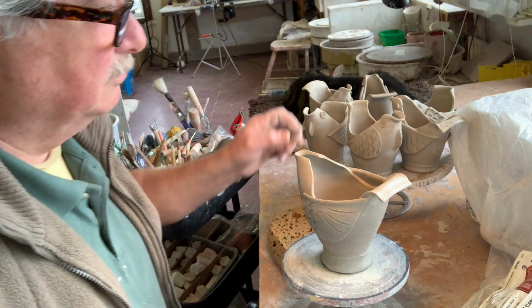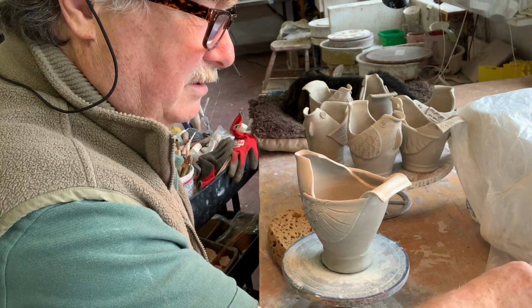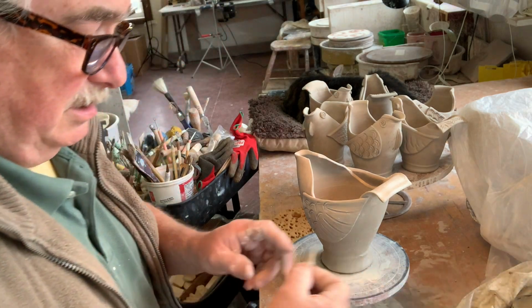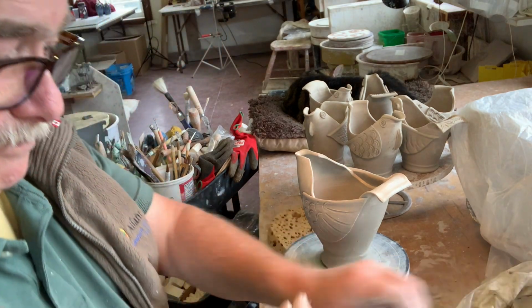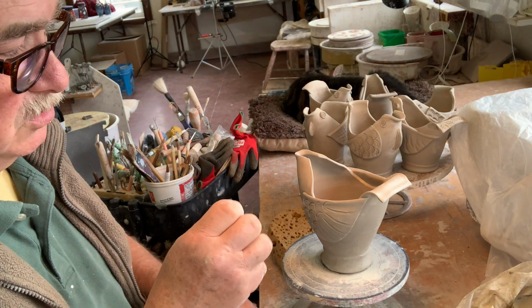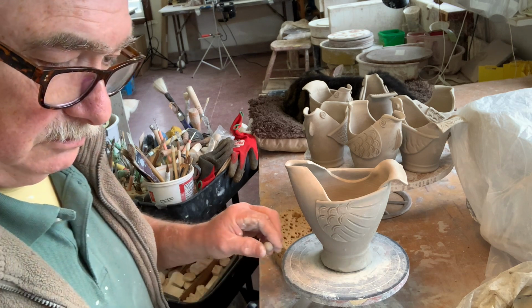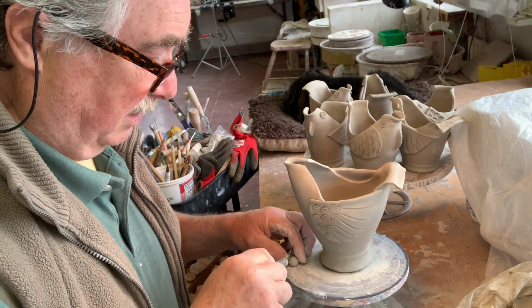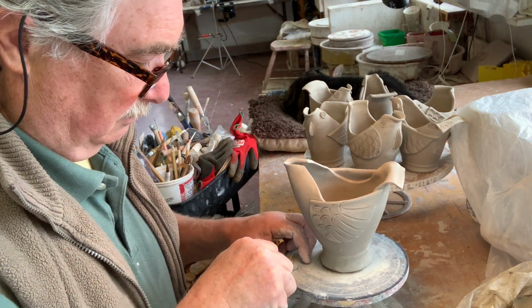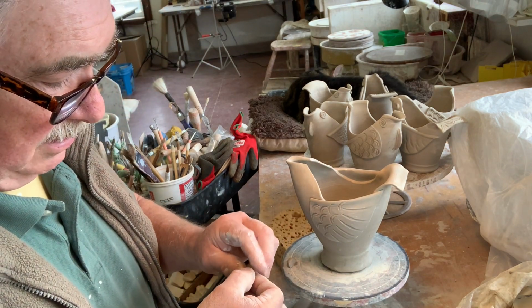Alright, so now, getting a little piece of clay. Let's see what we have in here. I've got a bag of the same type of clay in here. I just make a ball. I've got two more things I think to put on here yet, and then a little carving. So take your X-Acto knife again, make a ball, cut it in half, so you know you've got two pieces the same size,